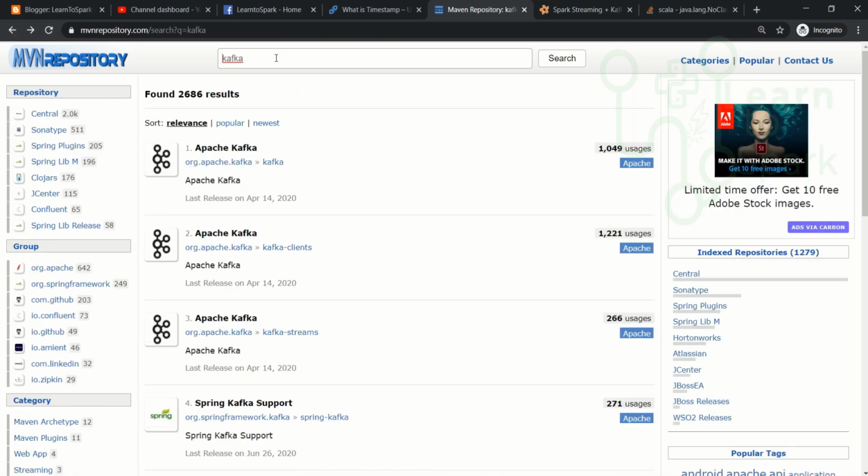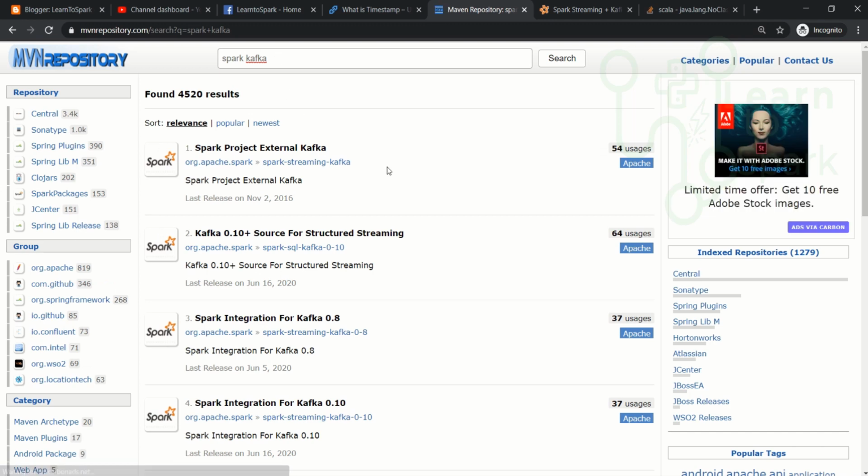I mean Spark Kafka. So here we can find Spark project external Kafka, but this one is for Spark versions less than 1.6.